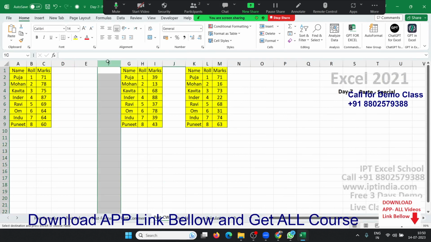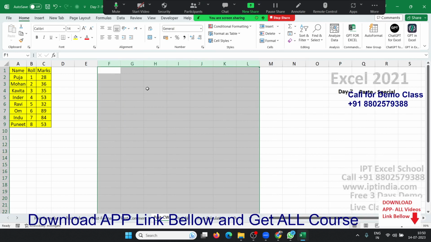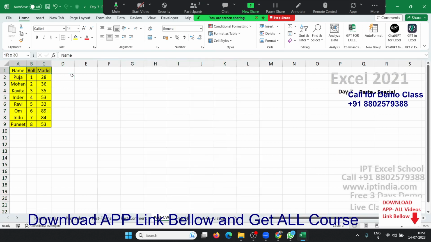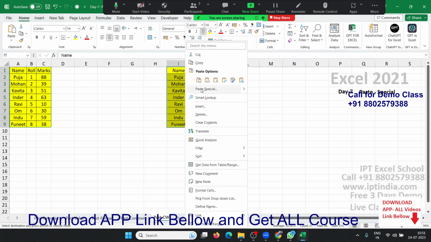Sometimes in a report, we increase and decrease the column size according to the data. When we create reports, we decrease and increase the column size for an exact view of the report. But if you copy this report and paste anywhere, your column width is never pasted. So I want to paste the column width also because I do not want to change the column width manually one by one. So right click, Paste Special,